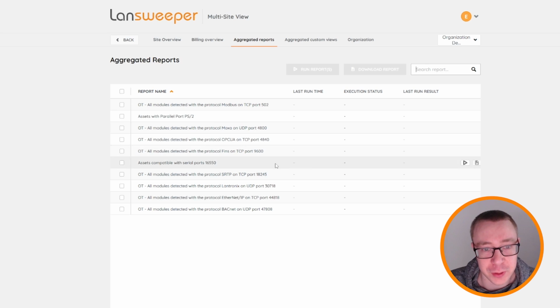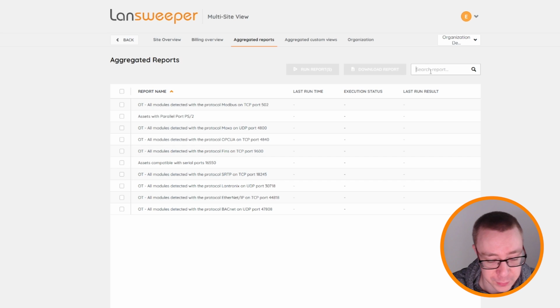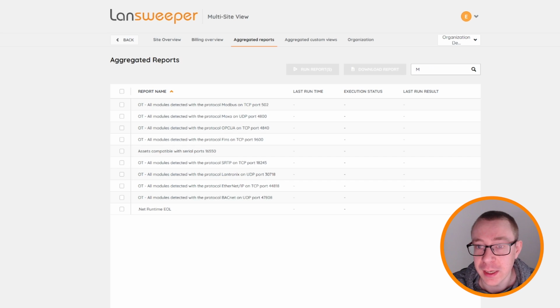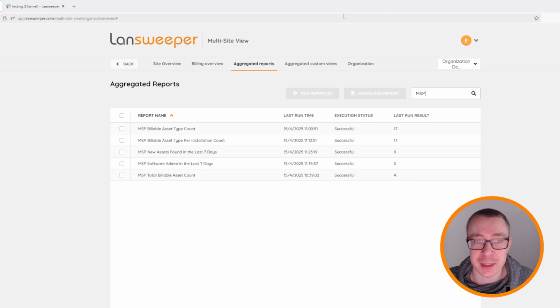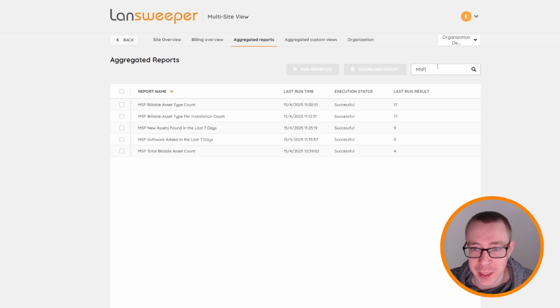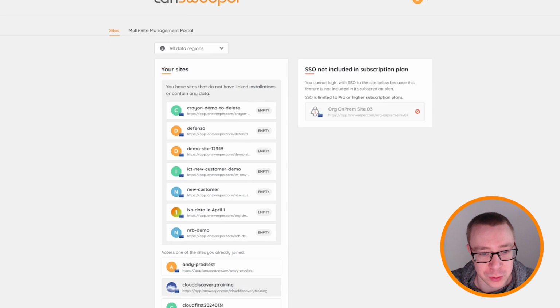For that reason, I've created a few different reports. We'll go through them. I'm going to start with just showing them here. I've tagged them all with MSP. So if you already have access to the multi-site view, you type in MSP in the search box, and they'll all be there. Now, to show you what they all contain, I'm going to jump back, go into my own site,